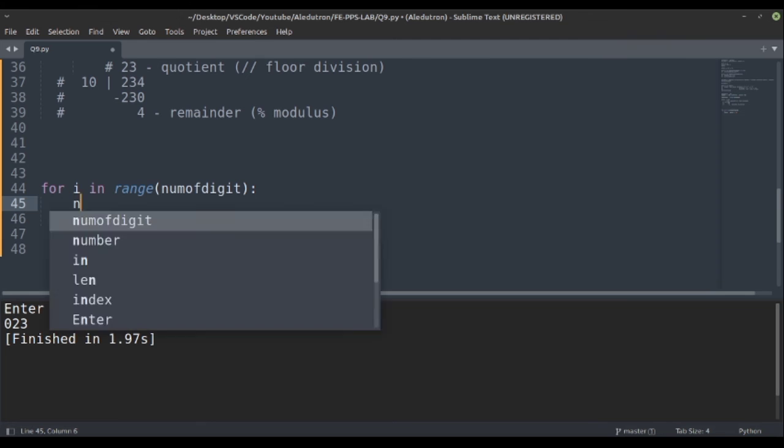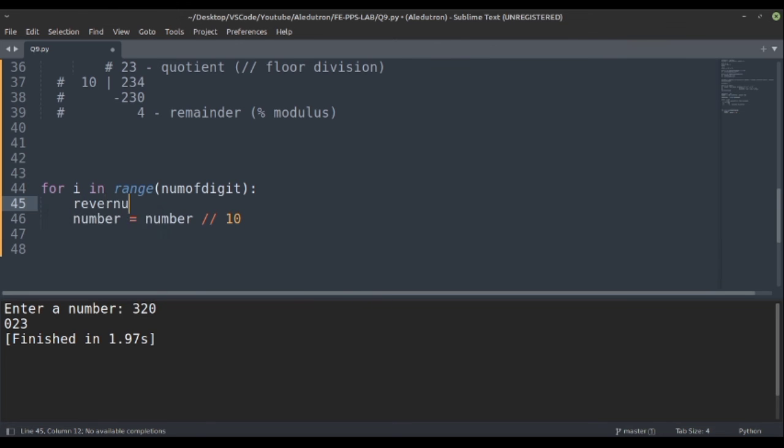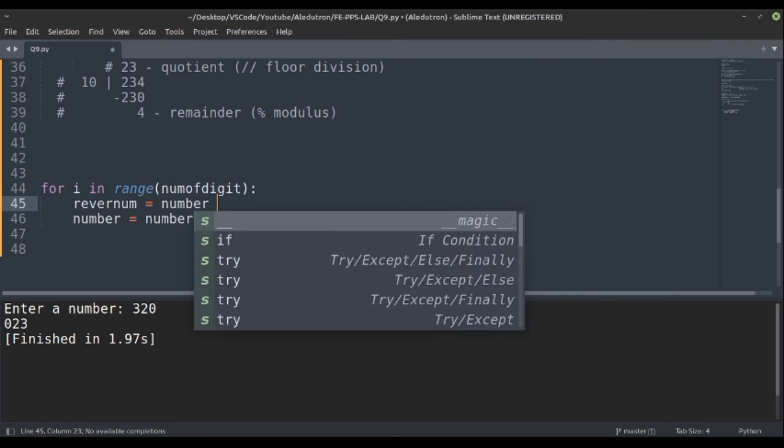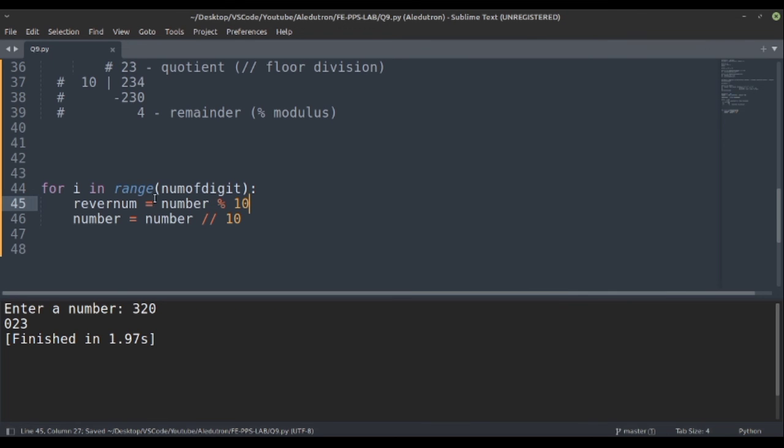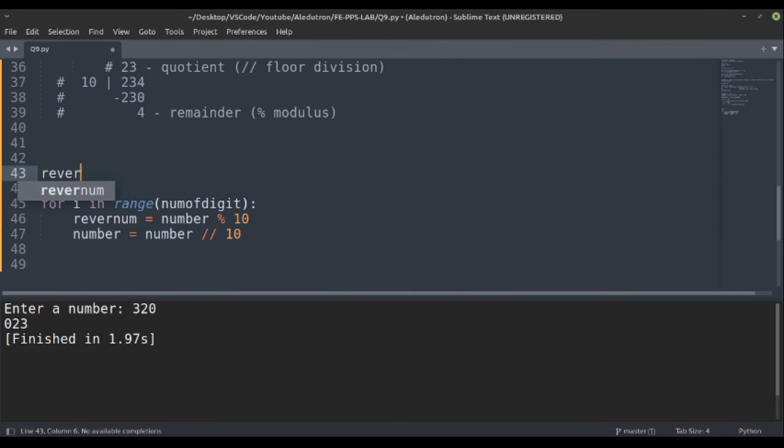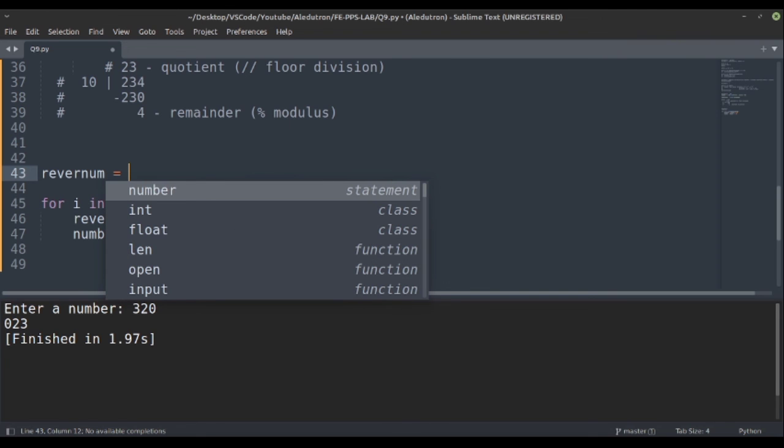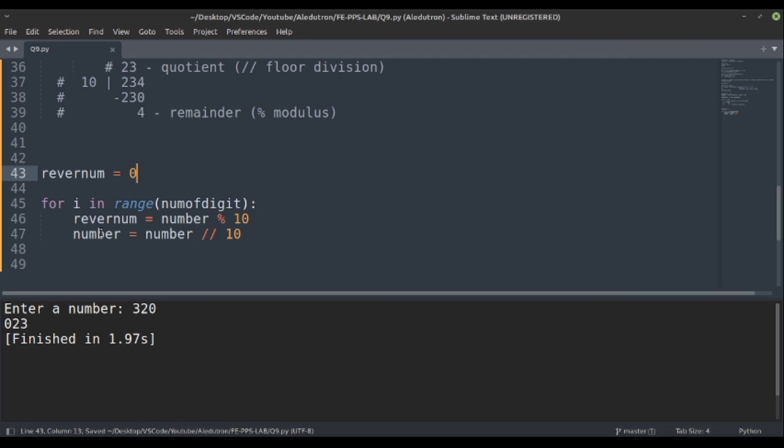So what we have to do: reverse num equal to number mod 10. So we have to save it. Let's just check this. Reverse num equal to 0. For every loop the reverse num would be initialized again with 0, so we would get only this. So we will take this and convert it into a string.